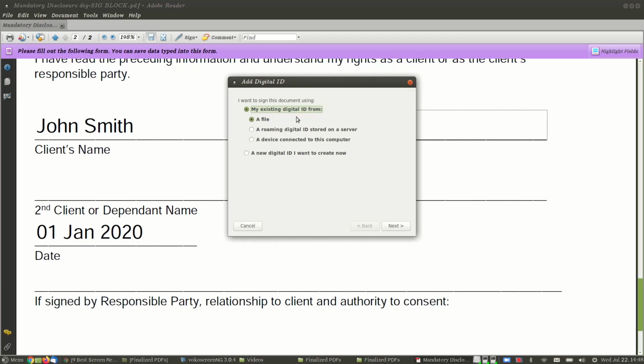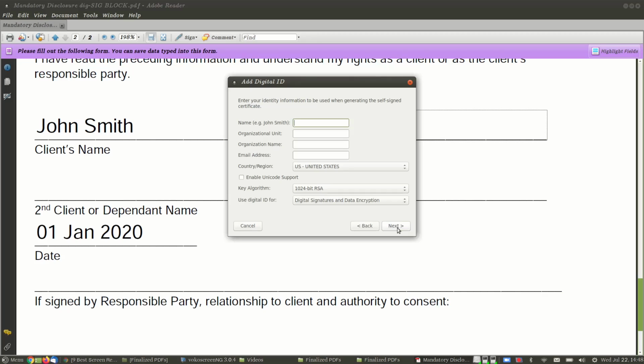When I do that, it's going to ask me if I want to do it from a file or from a device. If you have a card reader and a card, you could clearly use that, or if you have a certificate on file, you could use that. But most people will probably just want to click New Digital ID down here, and then you basically just fill out this information. John